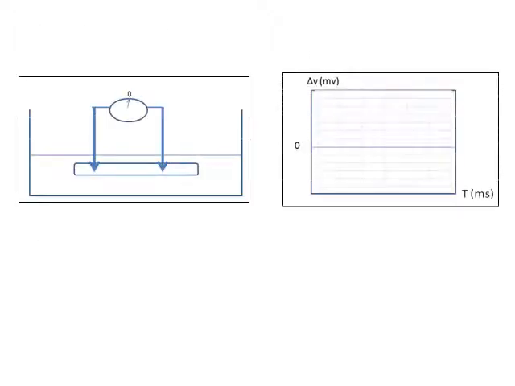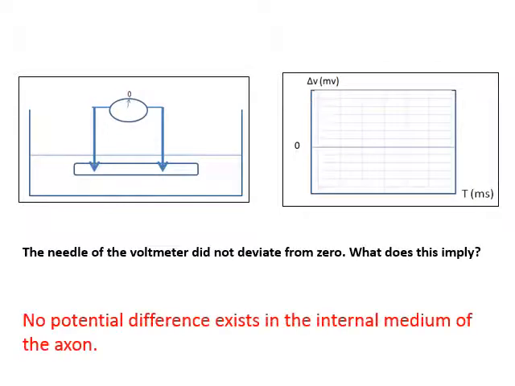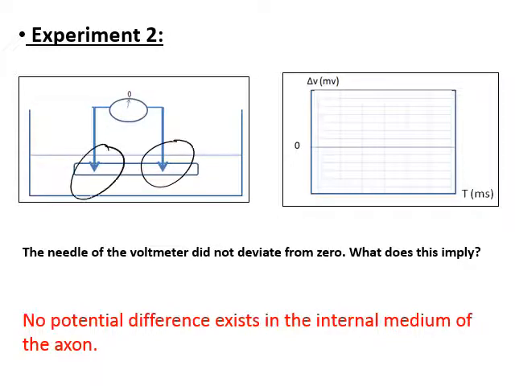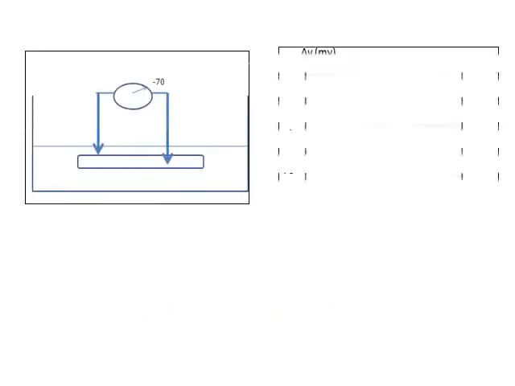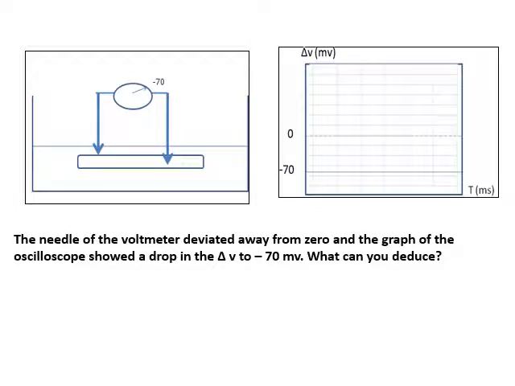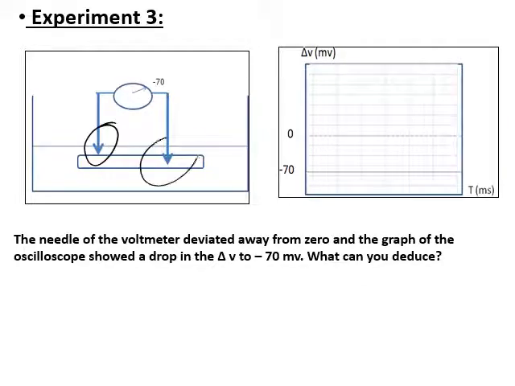Moving to experiment number 2. The needle of the voltmeter didn't deviate from 0. What does this indicate? There is no potential difference in the internal medium of the axon. Both of the electrodes are connected to the interior, so there is no potential difference. Moving to experiment 3. In experiment 3, one of the electrodes is outside, the other is in the internal part of the